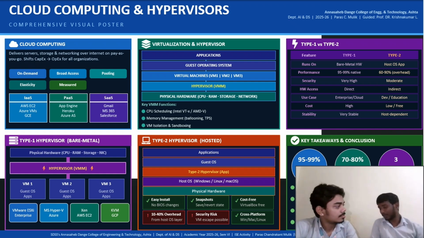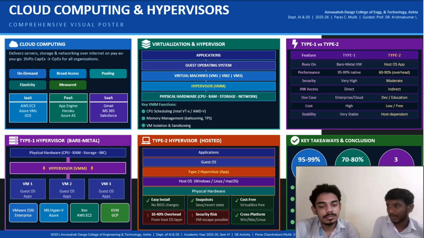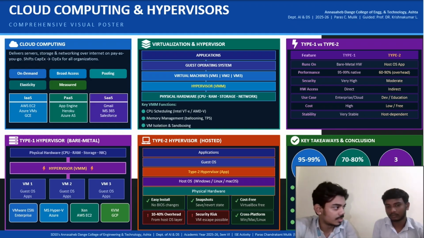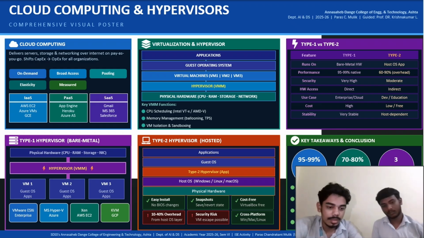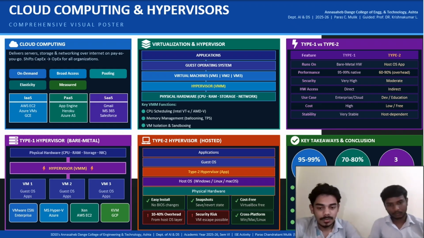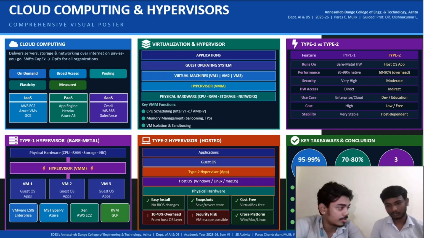And who are the big players dominating this space? Basically, there are three big players. First is AWS, Amazon Web Services. This is the actual giant, meaning it is much bigger in this field. Second is Microsoft Azure, and third is Google Cloud Platform. AWS leads with roughly 30 to 32% of the market share, which is a very big number in this field. They invented the modern cloud with EC2